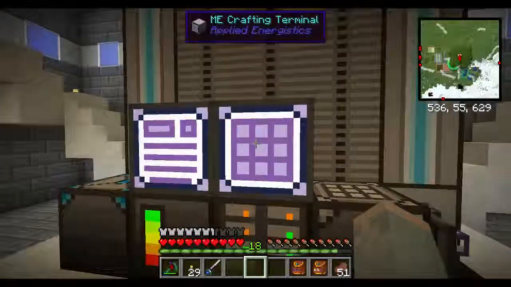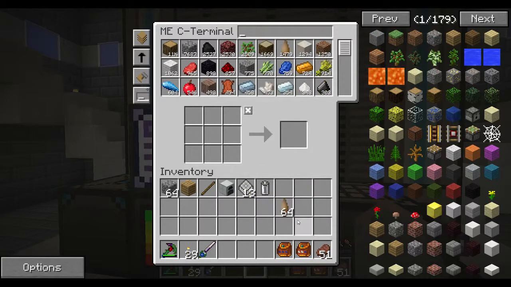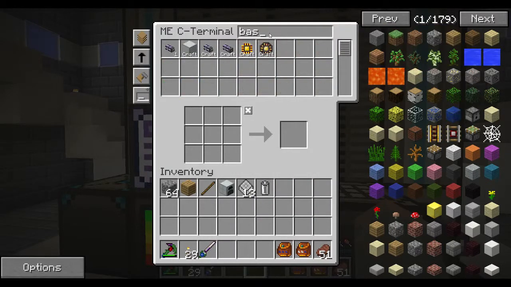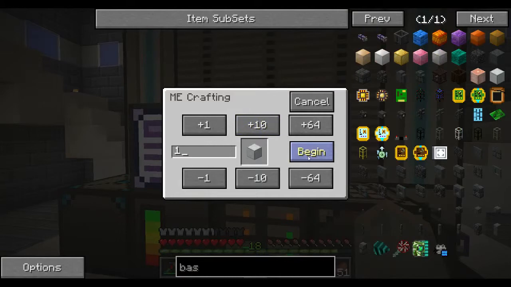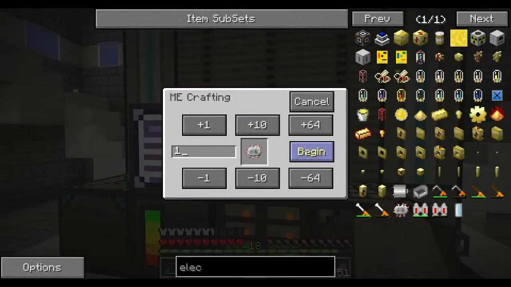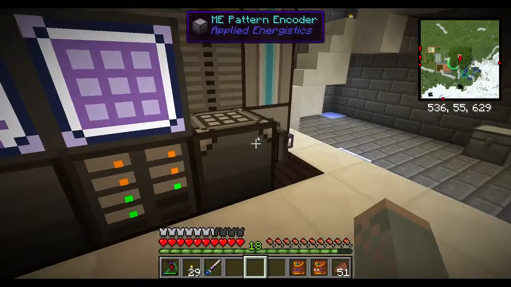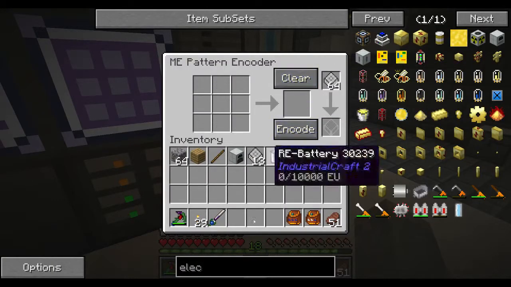Okay, so I think I don't really want to teach it how to make a macerator because it's not like I'm gonna make those machines all that often. So what I want to do is tell it to make the basic machine casing and then electronic circuit. Let's see if we can get that made. It should be crafting it. Oh, the copper plates. I didn't tell it how to make copper plates. So